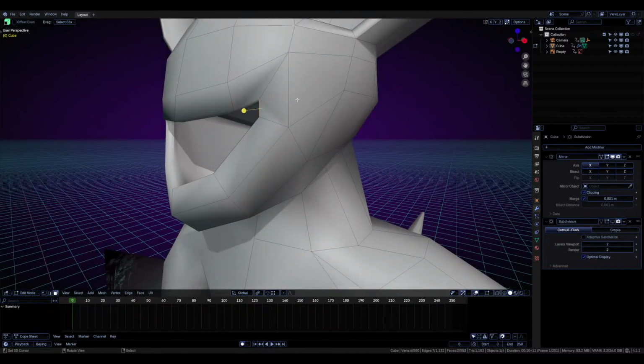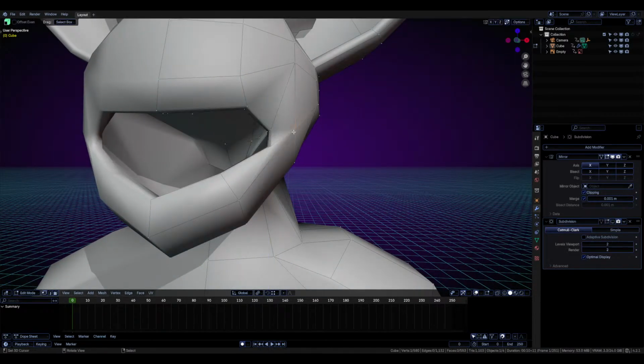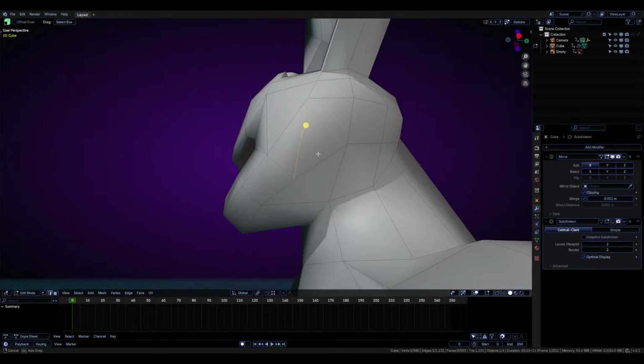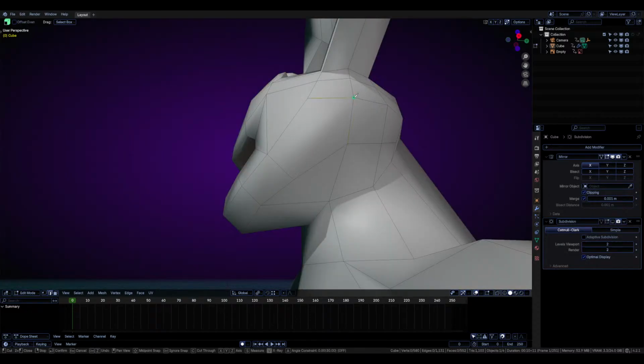So if I take this and I drag it down like so, take this here, drag it down like so. I also want to dissolve edge and then go from here to, no, go here to here